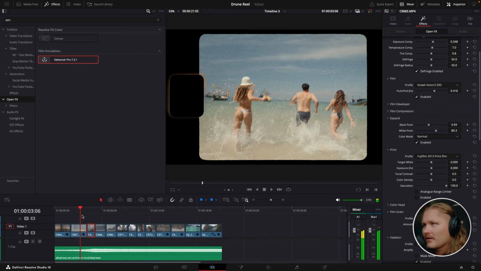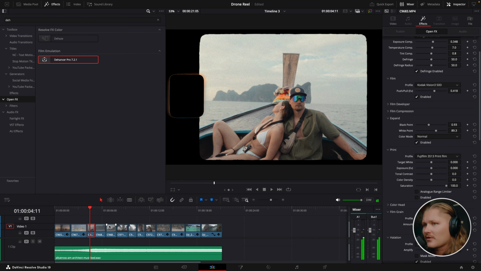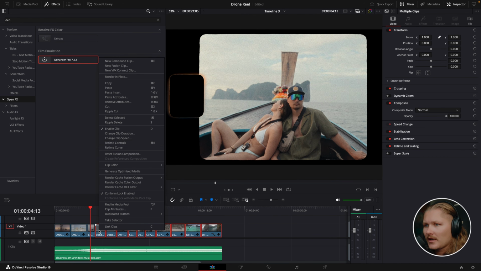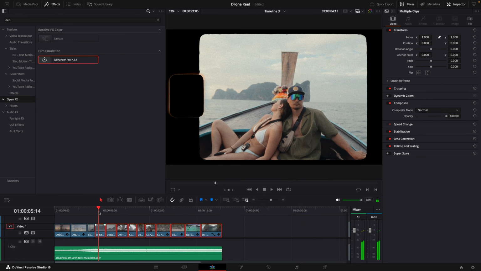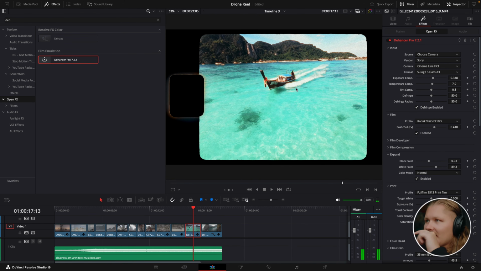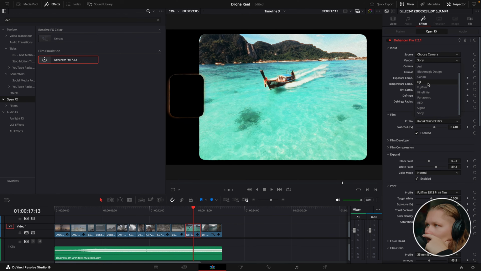And you know what? Another thing I found is that if these shots are all the same, we can do what we did earlier. We're just going to copy that and paste the attributes just like we did before. Now, one thing here is that this is actually a different camera. So we could go back in here and find DJI. It's not the Action 2. We're going to look for the Mavic